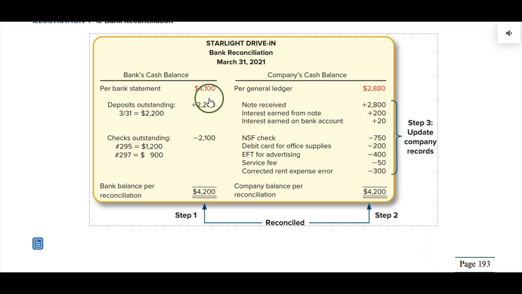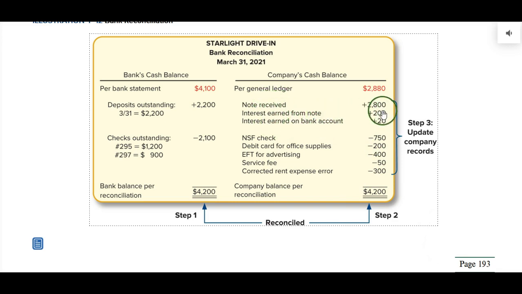Don't make entries for the ones over here. Don't do that, because these are recorded correctly. This will come through the bank. Don't make your own journal entries for any of these. Make journal entries for these items over here. And you have to pay attention to what each item is.